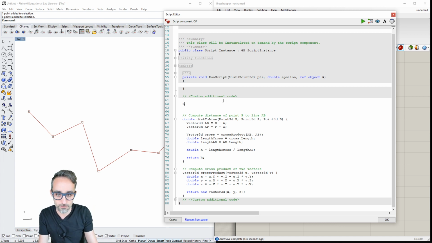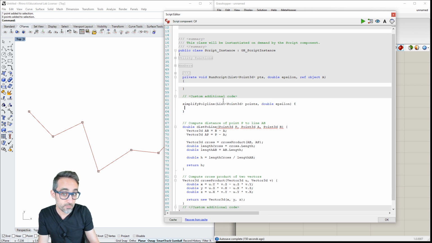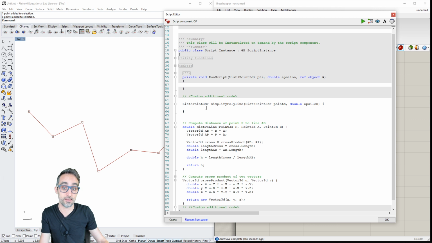I'm going to create a function, and I'm going to call it SimplifyPolyline. This function is going to take a list of Point3d objects, for example, points, and it's going to take a double value called epsilon. And the return type of this function is also going to be a list of points, because it takes a list of points but returns a simplified list of those points.